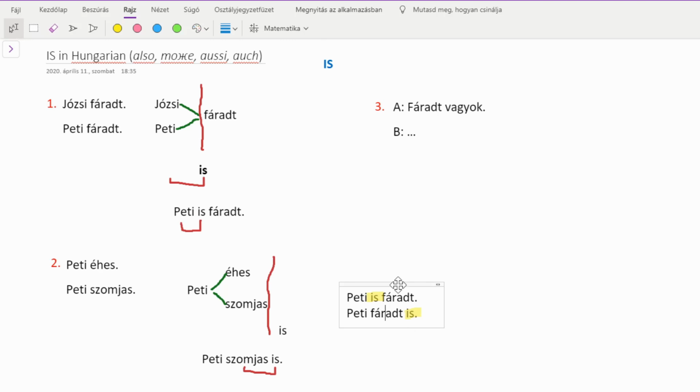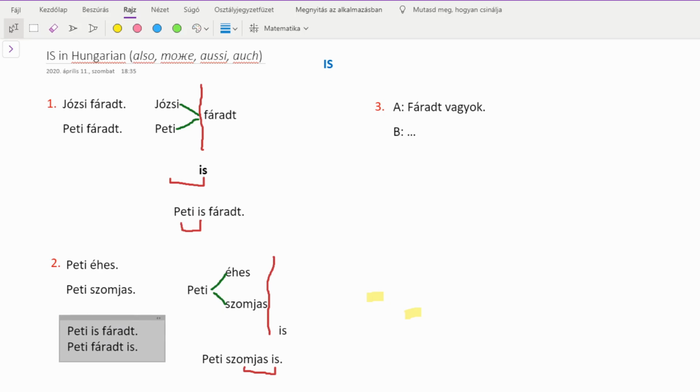Okay, let's put this aside. Let's see a third interesting case. Person A says, fáradt vagyok, I'm tired, and person B wants to express the same thing, I'm tired too. But here we have an interesting problem, because if you say